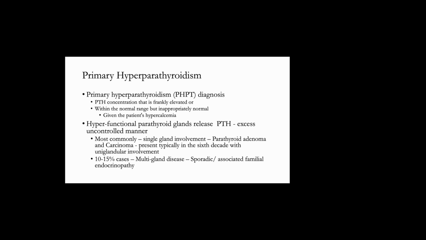So hyperfunctional parathyroid glands release parathormone in excess, in an uncontrolled manner, out of this feedback loop. And most commonly, there is a single gland that is doing this. So usually it is a parathyroid adenoma, or rarely a carcinoma. But in 10 to 15% of the cases, multiple glands can be involved, either in the form of a sporadic disease or associated familial endocrinopathy. And single gland disease typically presents in the 6th decade,